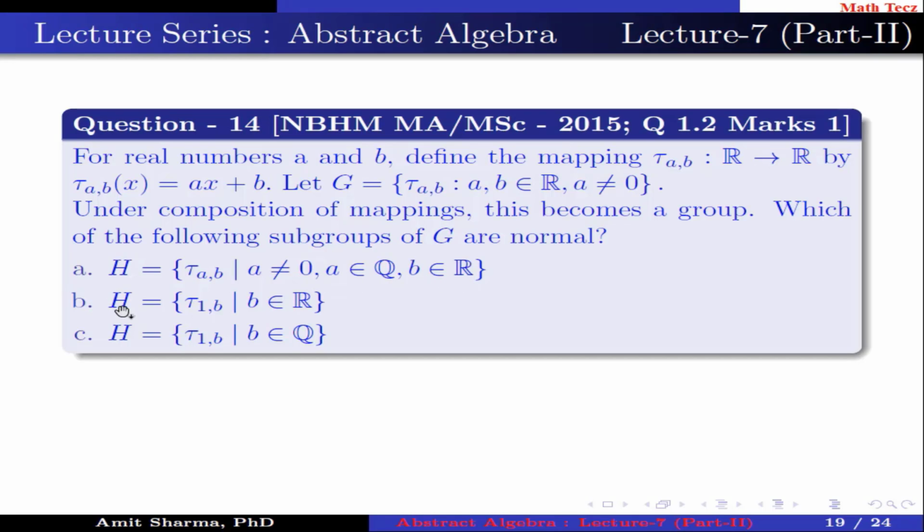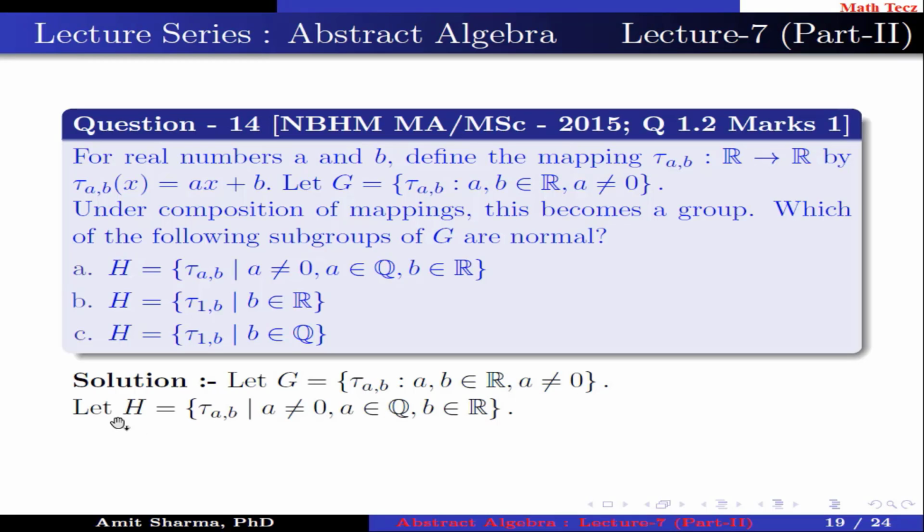Option B, H containing the element tau(1, B) such that B belongs to R. Option C, H containing the element tau(1, B) such that B belongs to Q. Let G containing the element tau(A, B) such that A, B belongs to R, A is not equal to 0. Let H containing the element tau(A, B) such that A is not equal to 0, A belongs to Q,